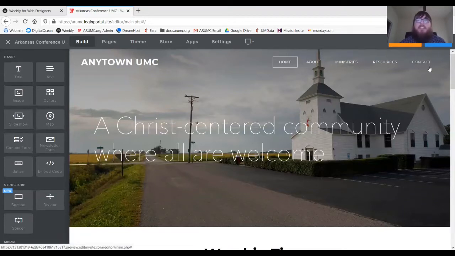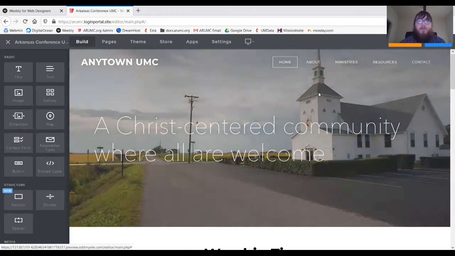So the first thing that I think of when I think of what people need to know about church websites is what's at the very front. What's the first thing that they see before they scroll down? Here, because I'm working with a fictional church, I have, this church is not fictional, but it's not anywhere near the Arkansas conference. This is a photo from United Methodist News Service. But something that really exemplifies ideally your church